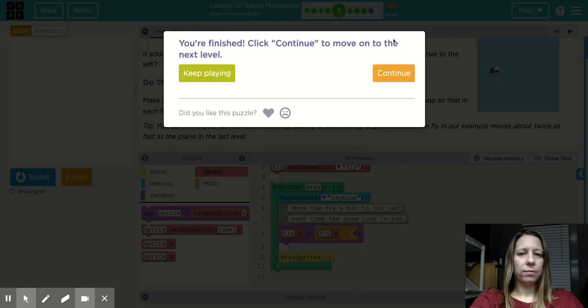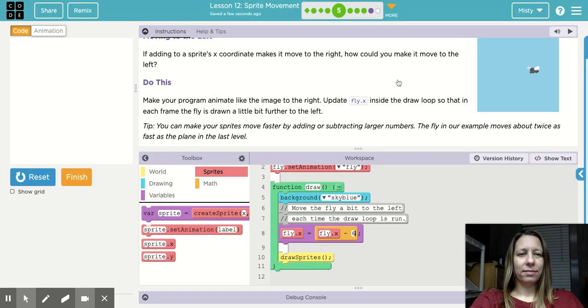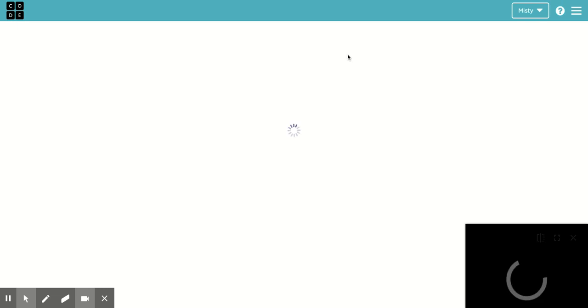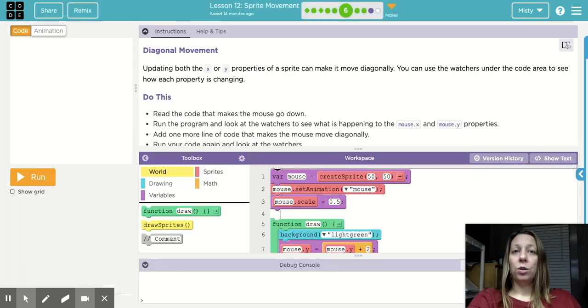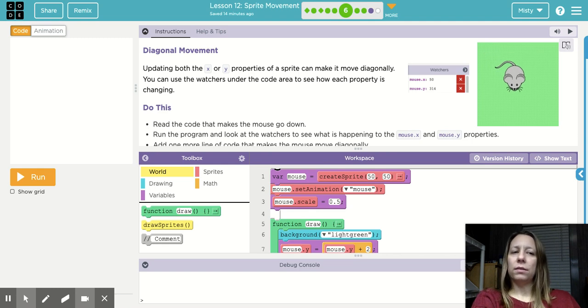We did it. You can start to kind of imagine how you can use these skills later on as you're making interactive cards or games. All right, now we have a mouse moving across the screen